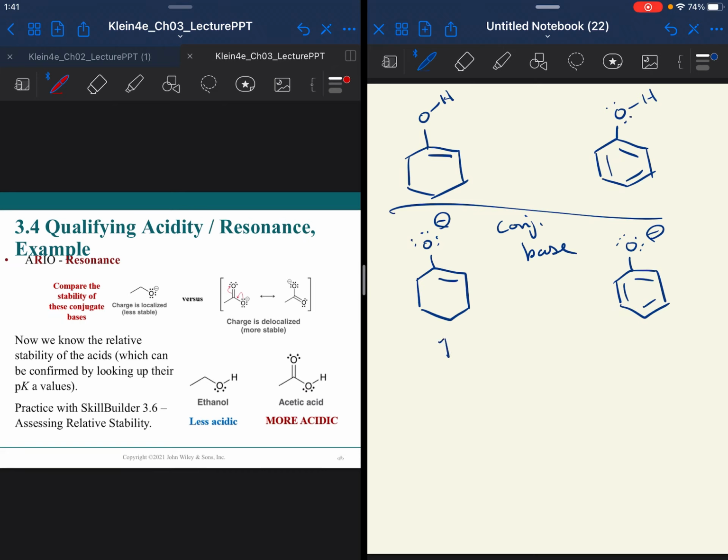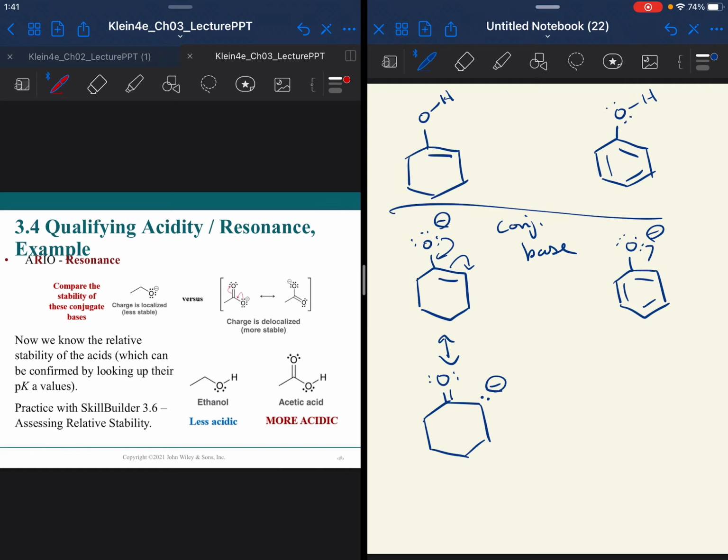In one scenario, you have one resonance structure. I'm going through this quickly because right now we're studying acids and bases, and you did resonance practice in chapter 2, right? It can share that negative charge with the one carbon, whereas this one,